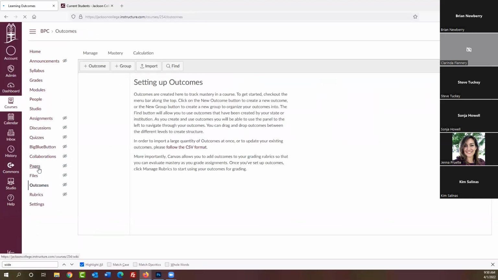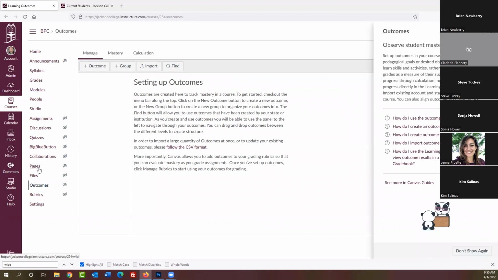Outcomes are an interesting tool. Just like JetNet had a competency framework, Canvas has an outcomes tool. Now, here's an interesting thing. In Canvas, if you want to, as a teacher, create course-specific outcomes, you can do that, and you can align those outcomes with quizzes and assignments and so on, and then track those outcomes in your course. If you're working on a CBE course, which some people will be doing and are doing right now, it's important to know that if you build your outcomes in the course, those will not be trackable outside of your course